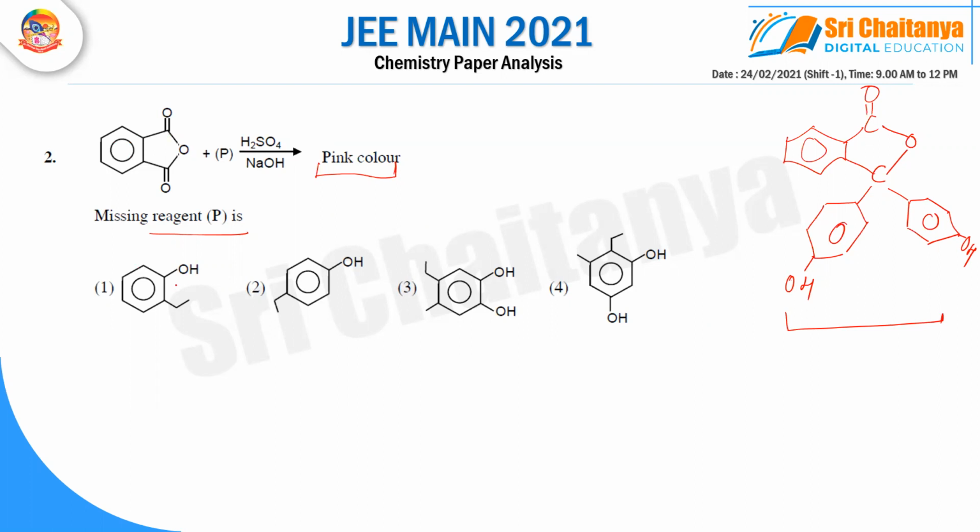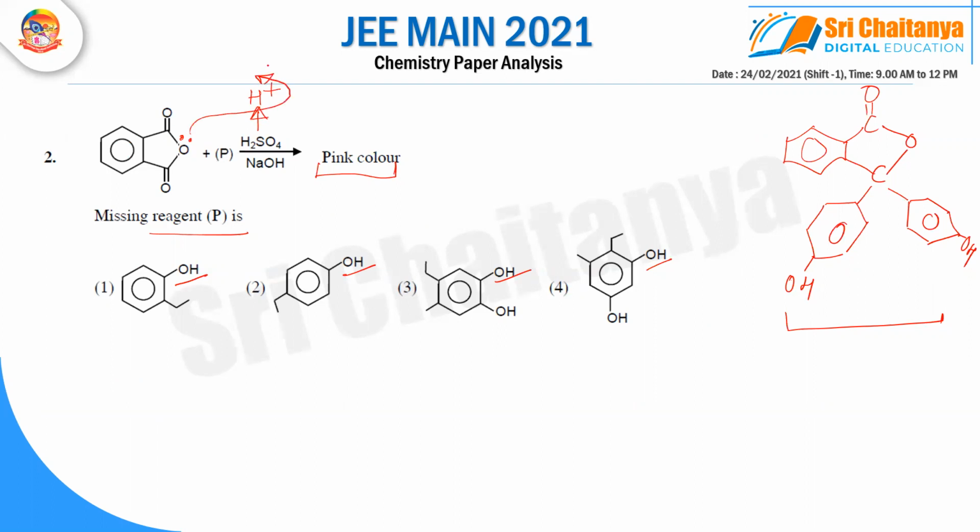OH. OH is an activating group, right? So it's ortho para directing. It will increase the electron density at ortho and para positions. But the attack from the ortho position is less likely because of the steric factor. But the attack from the para position is most likely due to lesser steric hindrance. Now, if we observe the substrate and the reagent, the H plus will come out from the medium, will get protonated